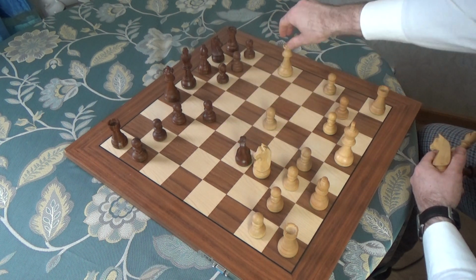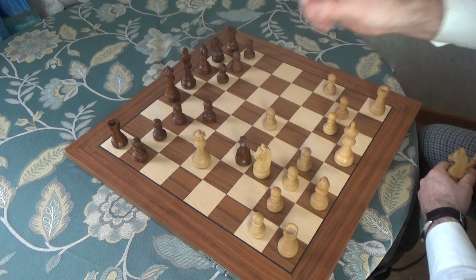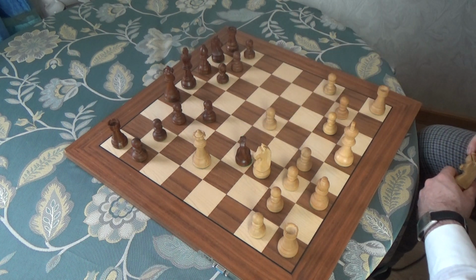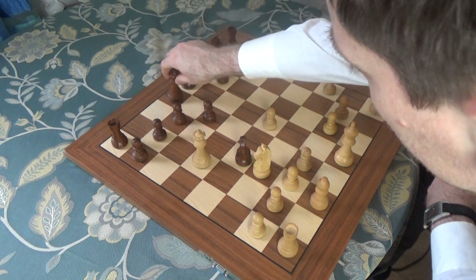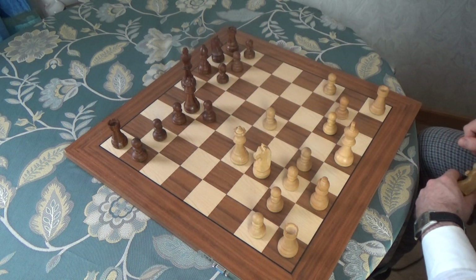And now white has a very nice check from b5, giving the check to the king and attacking the knight, and the knight cannot block this check, so white plays queen to d7 and white takes c4. And if you calculate the pawns, white is one pawn up and has a